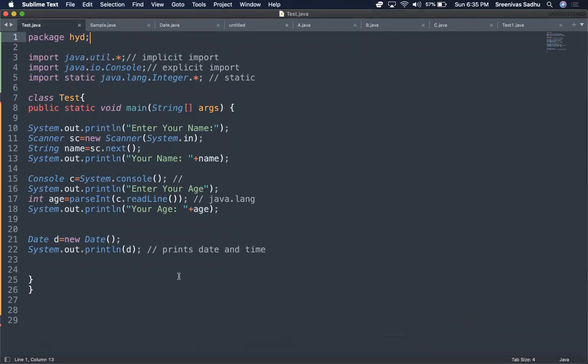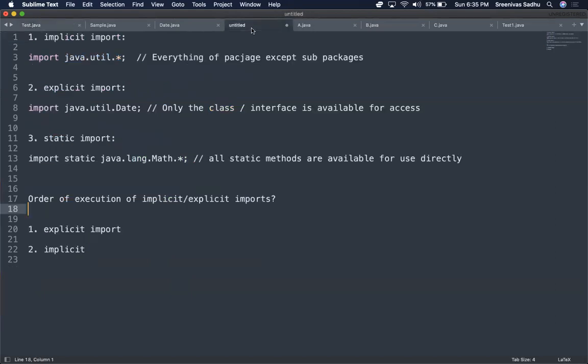Explicit import has the highest priority, then implicit import, we can understand. But if you have a class that is defined in your own package, then that particular class has the highest priority, over explicit or implicit. That's the point I want to emphasize here.